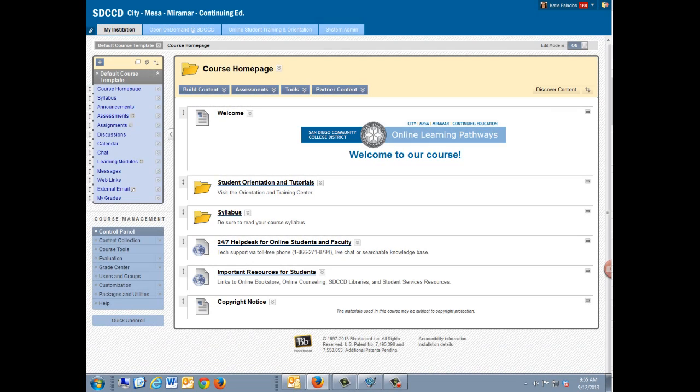SDCCD default course template. This is the course shell that you'll receive for your course on Blackboard. For online courses, new shells are created automatically based on your online teaching assignments in the district schedule. Those shells are created automatically, but for on-campus courses, instructors do need to submit a course request form, and when